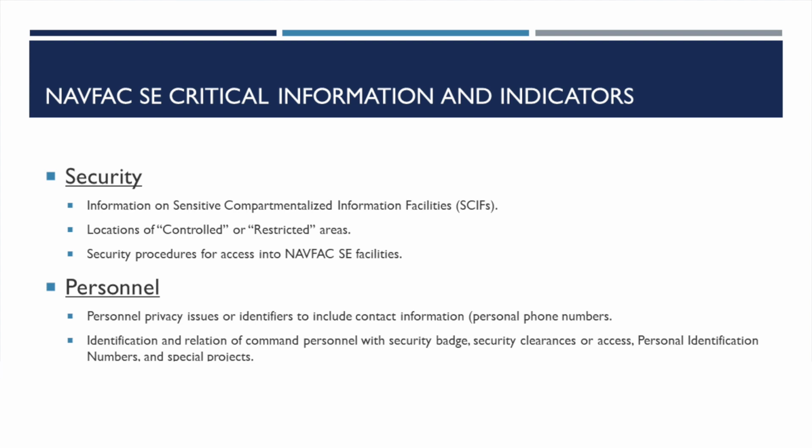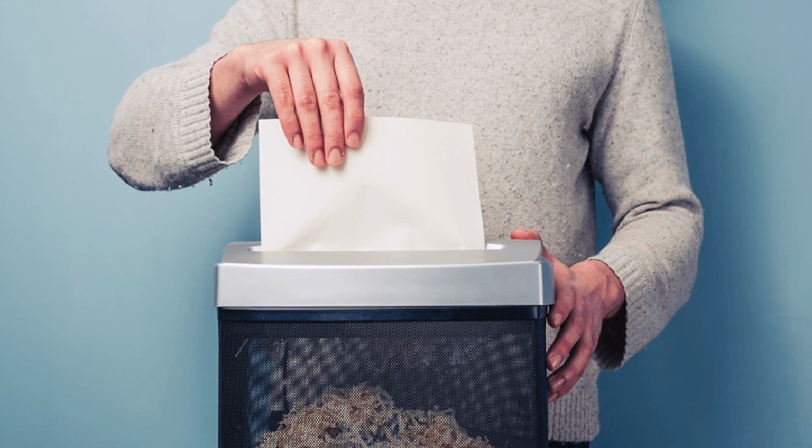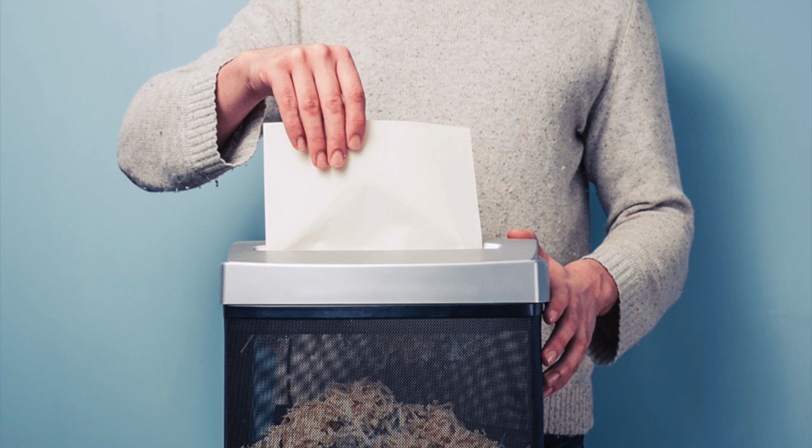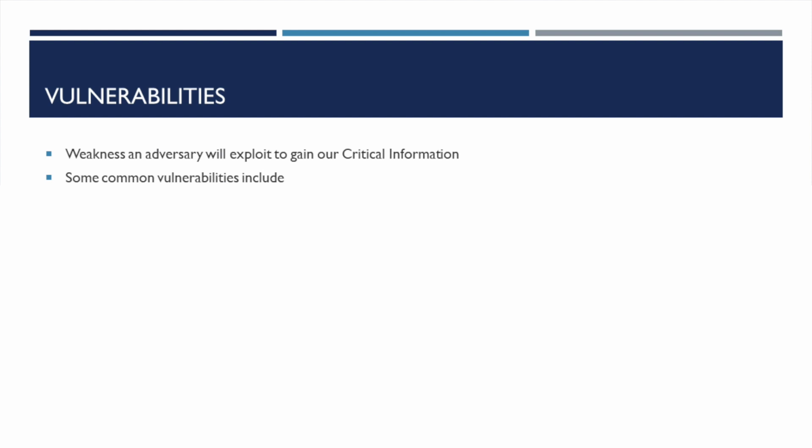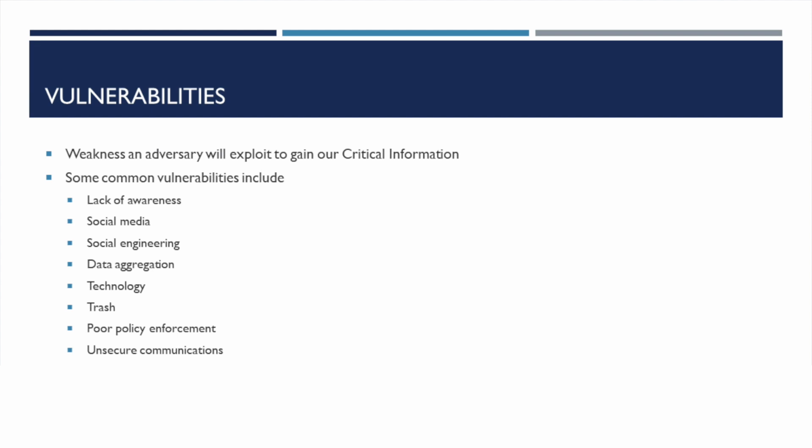Please note that this is not an all-encompassing list of critical information and indicators. All critical information needs to be handled appropriately. Please ensure that these documents are shredded when you are done with them. Do not throw them in the trash or in the recycling bins. Vulnerabilities are weaknesses that an adversary will exploit to gain our critical information. Even though our organization does not have much critical information, our supported commanders and customers do. We must treat that information accordingly. Some common vulnerabilities include lack of awareness, social media, social engineering, data aggregation, technology, trash, poor policy enforcement, unsecure communications,